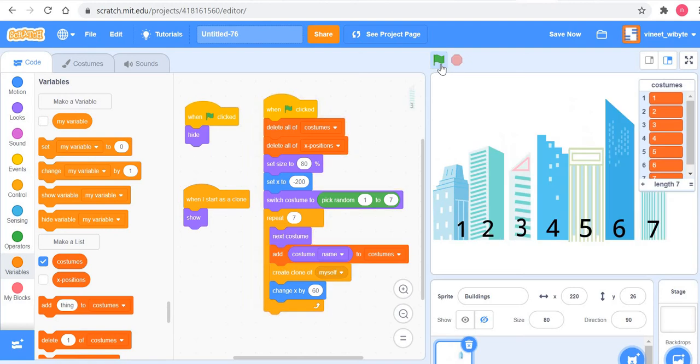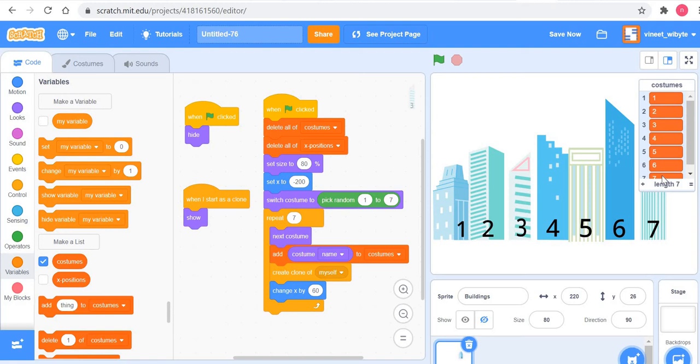So let's see it again. This time my list is 1, 2, 3, 4, 5, 6, 7, and you notice the list itself has the same thing. So this list here is carrying where these buildings have ended up. Remember, it's a random function. I do not know upfront where they'll end up. So I keep track of which building has ended up in what sequence.